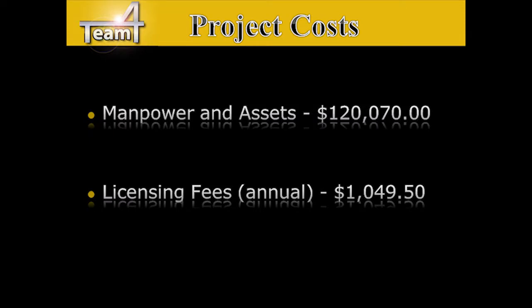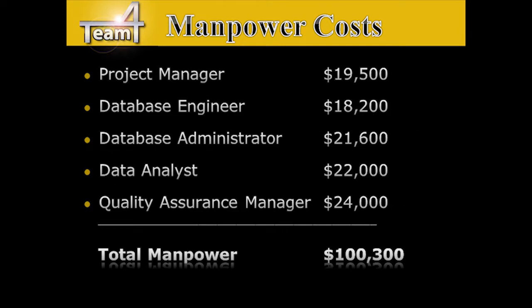Thank you, Scott. And now on to project costs. For manpower and assets, we're going to have a total cost of $120,070. And for licensing fees, this will be annual, at $1,049.50. We can break down our manpower costs, and individually, our project manager is going to charge $19,500, our database engineer $18,200, our database administrator $21,600, our data analyst $22,000, and our quality assurance manager $24,000, bringing a total manpower to